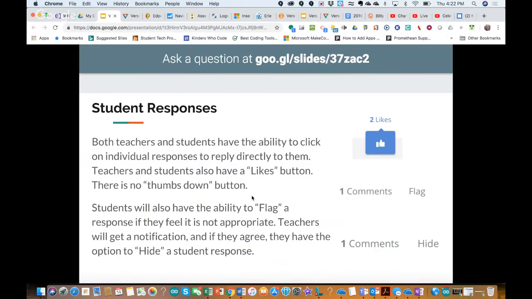Okay, and as I mentioned, both teachers and students have the ability to click on individual responses to reply directly to them. So again, there's a likes button. There isn't a thumbs down button. Again, it's trying to keep this positive. Hopefully the anonymity helps with that, but also encouraging two things: giving positive feedback to other students, and if there is something that's inappropriate, taking that responsibility too to be an upstander,